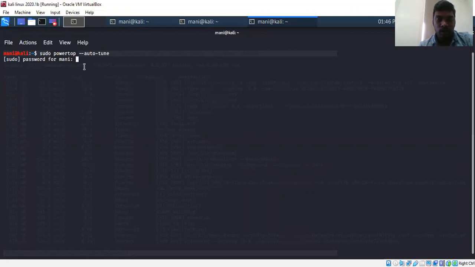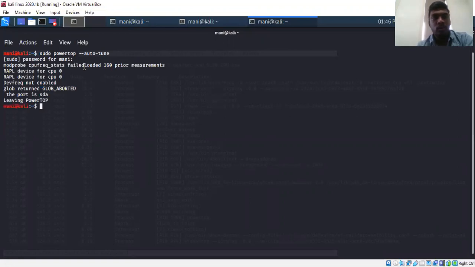Now we are supposed to enter the password again and enter. So PowerTop starts running. Now we are supposed to wait almost 20 seconds, and then enter the command powertop again, just to enter the tool.